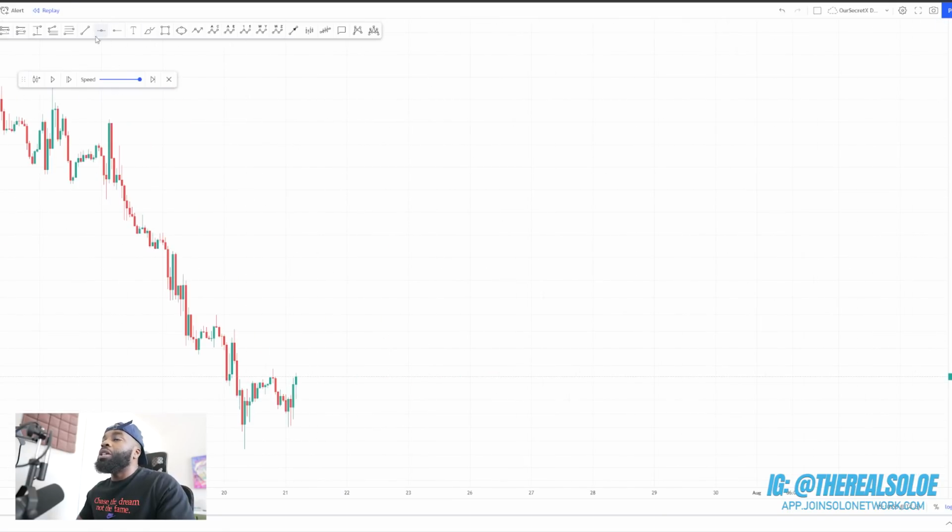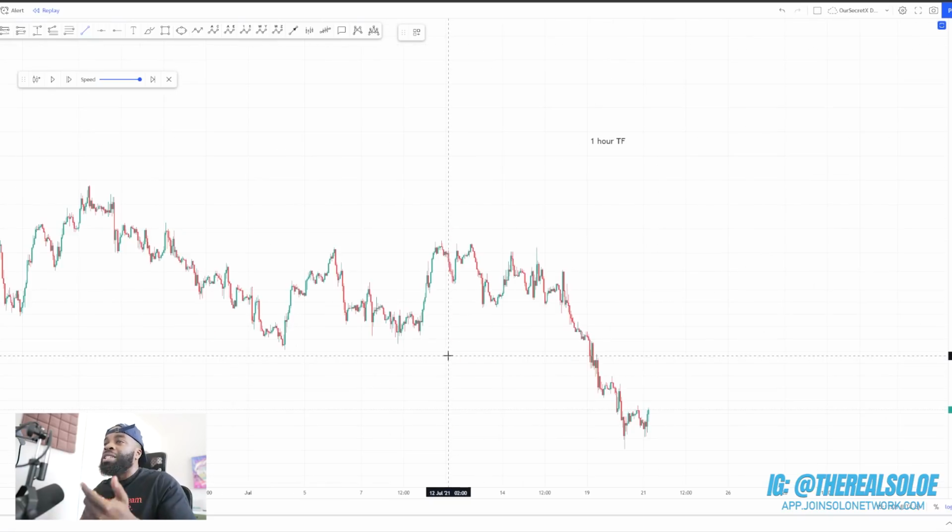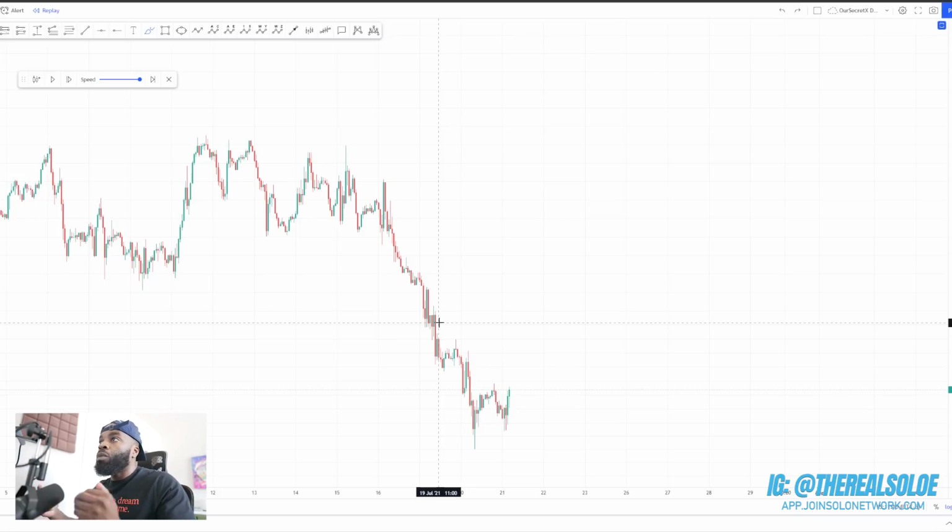And it's quite simple. First and foremost, when we are looking at price, we have to identify the actual trend. We have to first establish, is this a downtrend? Is this an uptrend? We have to figure out what's going on. Since the market is trending down, what we expect in the downtrend is price to continue to shoot down. However, once you start noticing that price isn't trying to break the previous low,